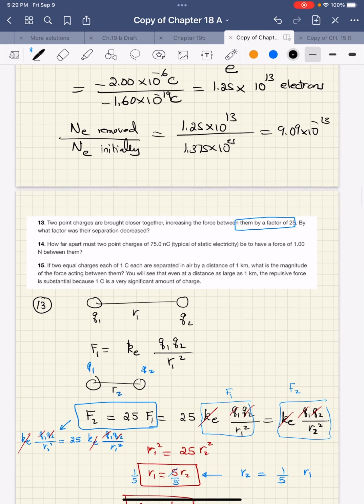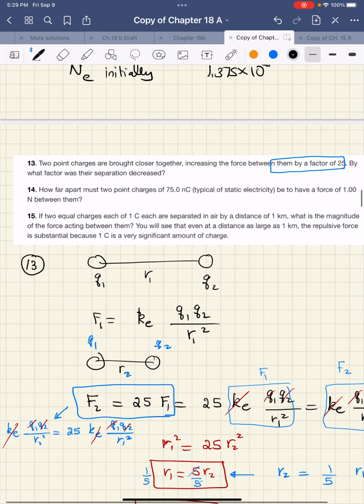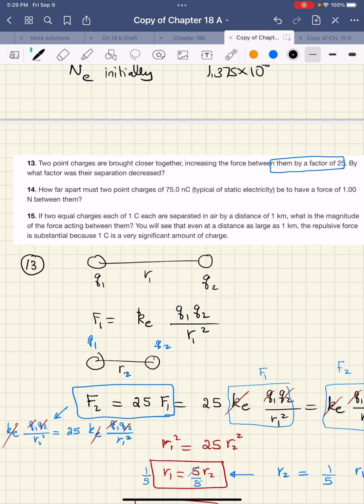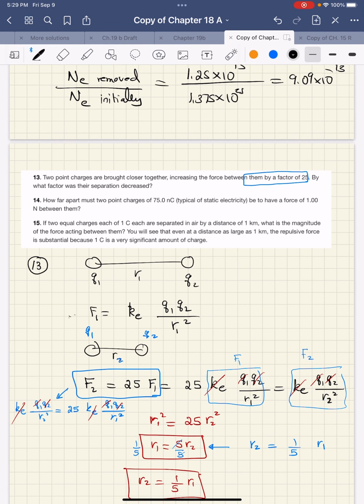This question is very interesting. Two point charges are brought closer, increasing the force between them by a factor of 25. By what factor was their separation decreased? Initially, we will put Q1, Q2, and R1, and we're going to say this is F1. Now, F2 that we are talking about is 25 times F1. Therefore, I'm going to multiply this here by 25, and this is going to be F2,